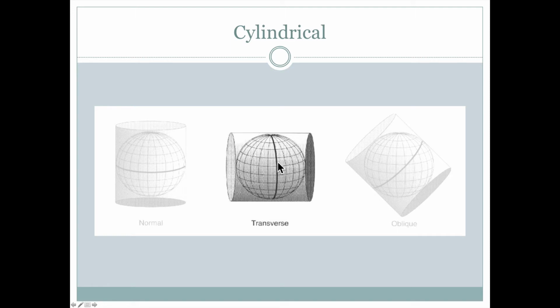The area where the cylinder touches the globe would be this darker line here, and that would be a line of zero distortion. And if we just take one of these wedges, like the wedges of an orange here, then we can get a map projection along any one of these lines that fits fairly well. Furthermore, if we start to rotate the cylinder so that instead of following this line, it follows this line, and then this line, and then this line of longitude, we can make a series of map projections that we can print out and paste on top of a globe in order to use Gores of a globe